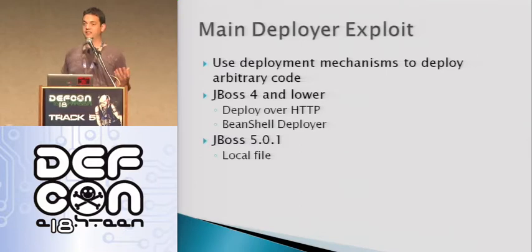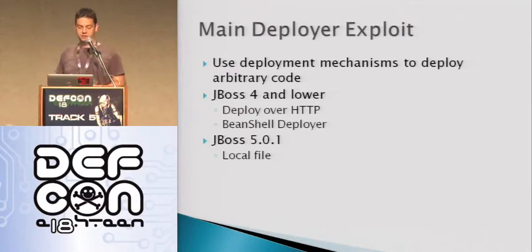And again, this is, like I said, it's not a bug. It's part of the functionality. So JBoss 4 and lower, there's a lot of cool things you can do. You can load your arbitrary code from, again, the site that you control. There's a scripting language called BeanShell. So if the web server cannot make an outbound connection to your host, what you can do instead is write one of these BeanShell scripts and just have it spit out your payload to the local file system